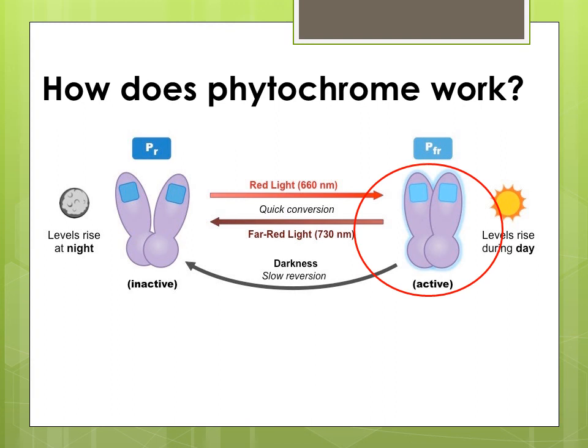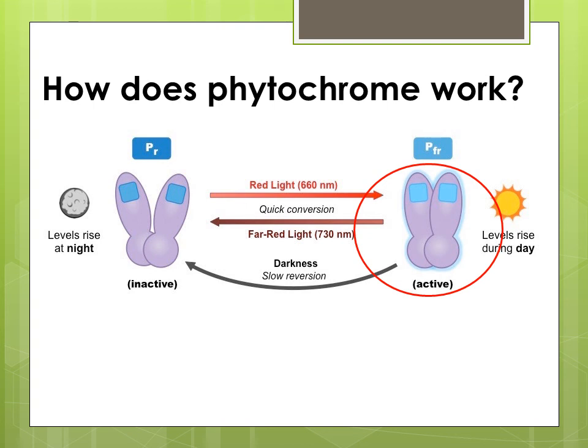So during the summer the phytochrome will spend more of its time in the active form as far red, because the days are much longer, and so the active form is going to be promoting certain activities involved in growth. During the winter the inactive form is going to be more prevalent, because the days are much shorter and the night time is much longer, so the plant is therefore not going to do as much as